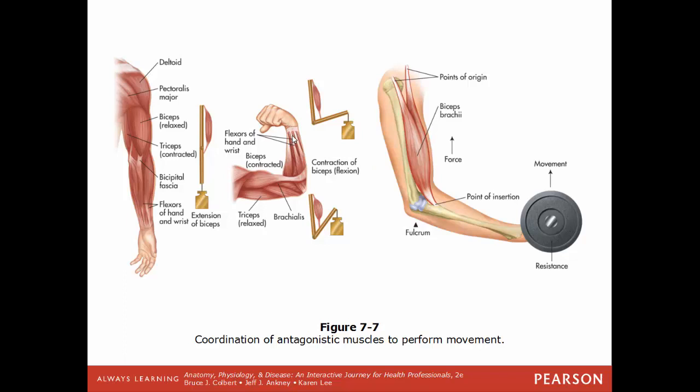So in this image here, when you're flexing your arm, the main mover will be the biceps. So that would be the agonist. The opposite motion of that, the antagonist, would be the triceps. And for the flexing of the arm here, where the muscle attaches to a bone that doesn't move, would be here, the origin. And the part that attaches to the bone that does move, which would be here,